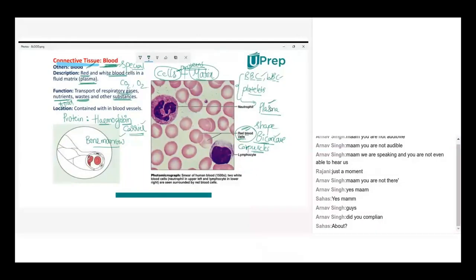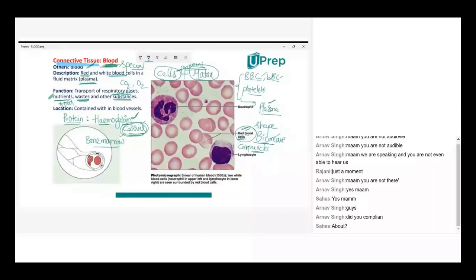How is the connective tissue supporting the other parts? How is the blood supporting other parts? By acting as a carrier. So what part of blood is acting as carrier? Hemoglobin. Hemoglobin is nothing but a protein. This acts as a carrier of different gases which are used in respiration, nutrient materials which are absorbed through food, and waste and other materials.